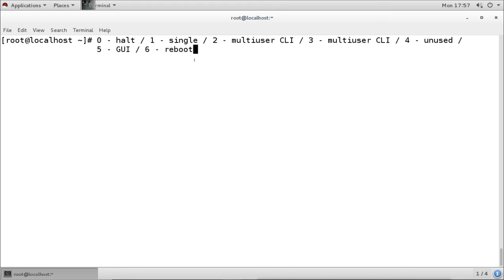We can say till RHEL 6 there was an init system and it set these run levels, and those run levels are decided in this file. So when the init loads, it checks the inittab file. Right now also we have this inittab file, but it is not used nowadays. The file is still there because they suddenly changed from 6 to 7. So the old administrators, who are used to seeing this inittab, can still see the inittab file, which decides the run level.